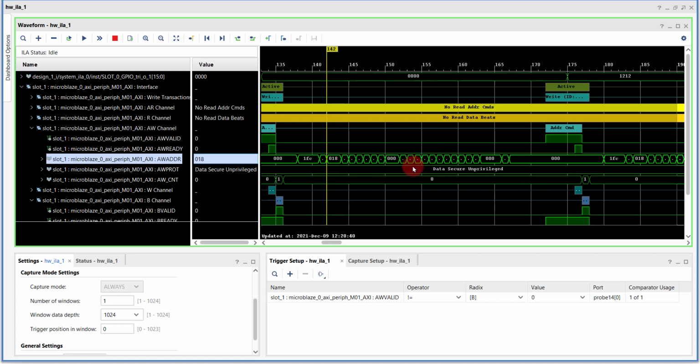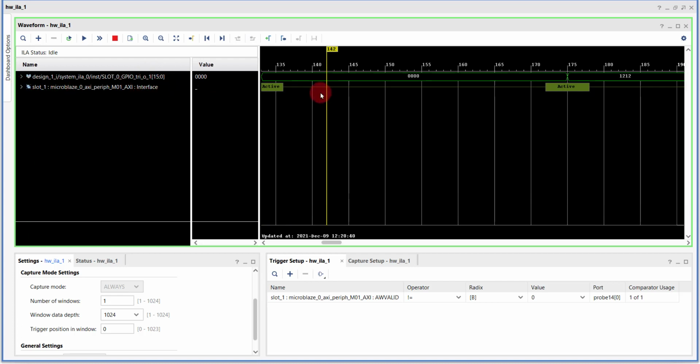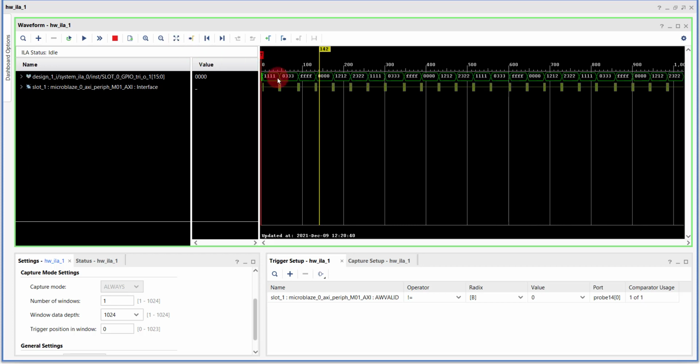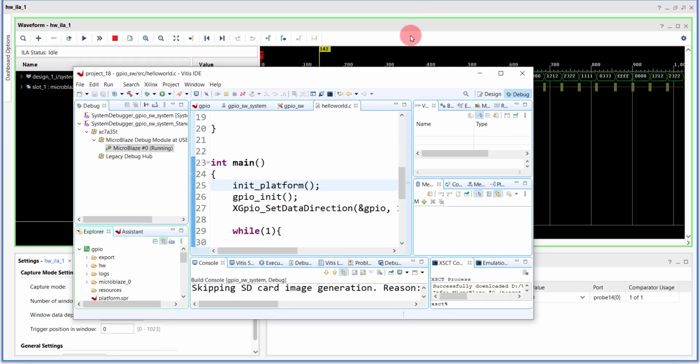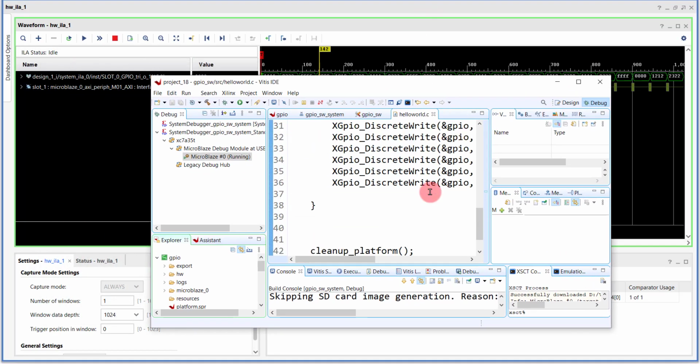Now if you analyze the second net that we have, where we receive the data that is actually going to an LED, you could clearly see that we have 1212, 2322, 1111, 0333, FFF, and then 000. This is exactly matching what we are sending onto an LED.